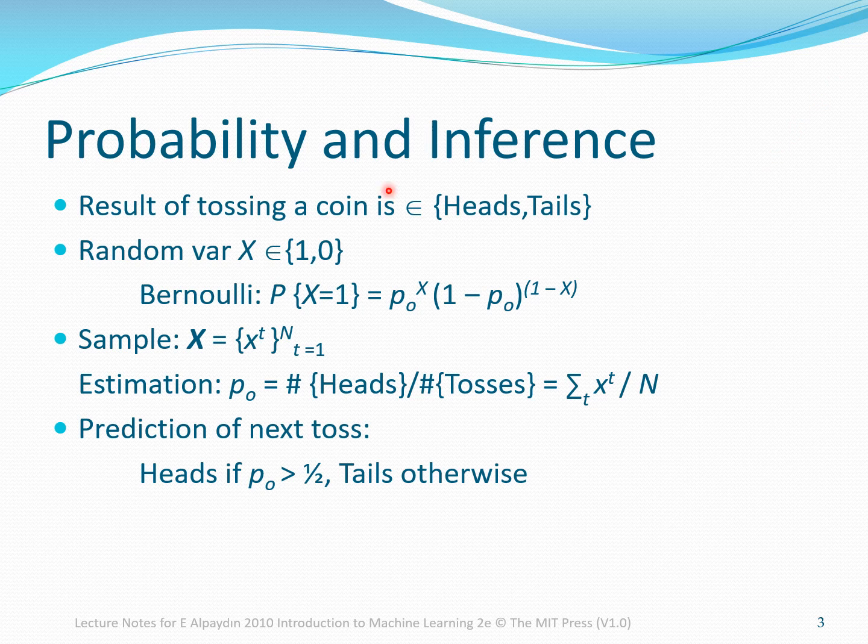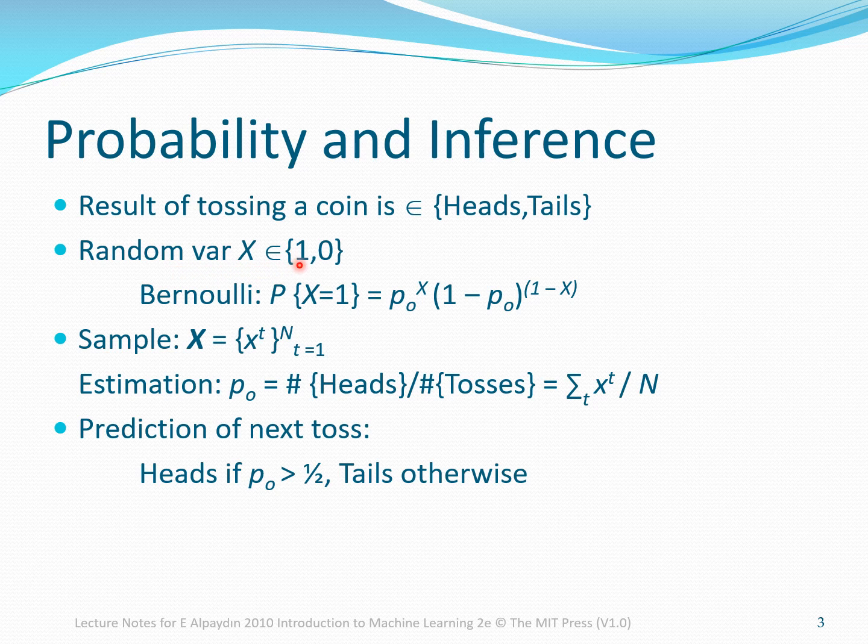Moving towards our next slide of probability and inference, tossing a coin is a random process because we cannot expect or predict at any toss whether the outcome will be a head or a tail. That is why when we toss coins or buy lottery tickets or get insurance, we generally predict. We can only talk about the probability that the outcome of the next toss will be a head or a tail. We define a random variable